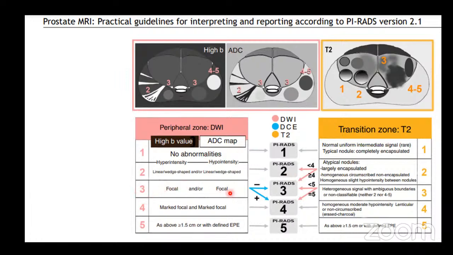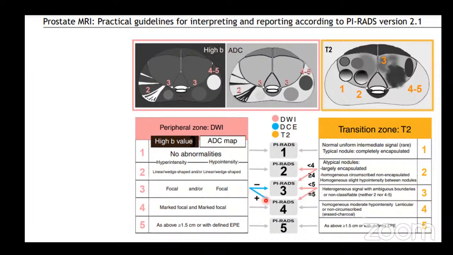3 is somewhere which is the situation which is dicey, and that's what we are going to learn. So focal diffusion abnormality in the peripheral zone can be considered as 3, but what you have to go next as a choice of sequence is the perfusion. So this is important. From peripheral zone, the next sequence to go for or the sorting sequence is post-contrast perfusion and not T2. So after diffusion, if you are confused, if you feel it's equivocal, go for the